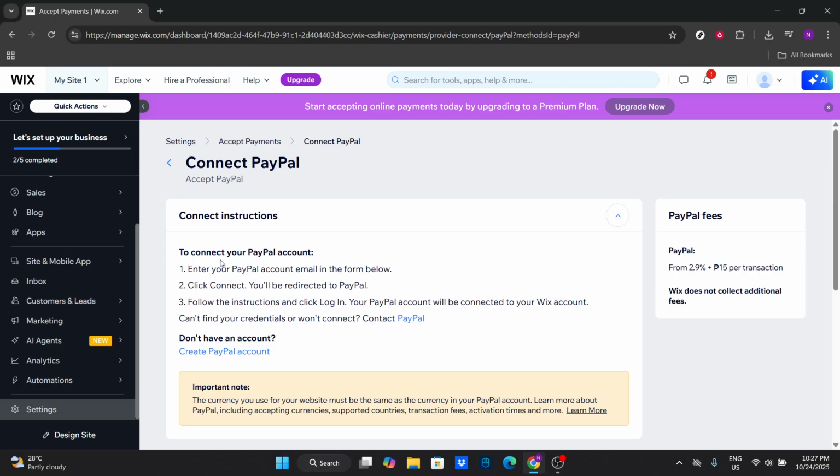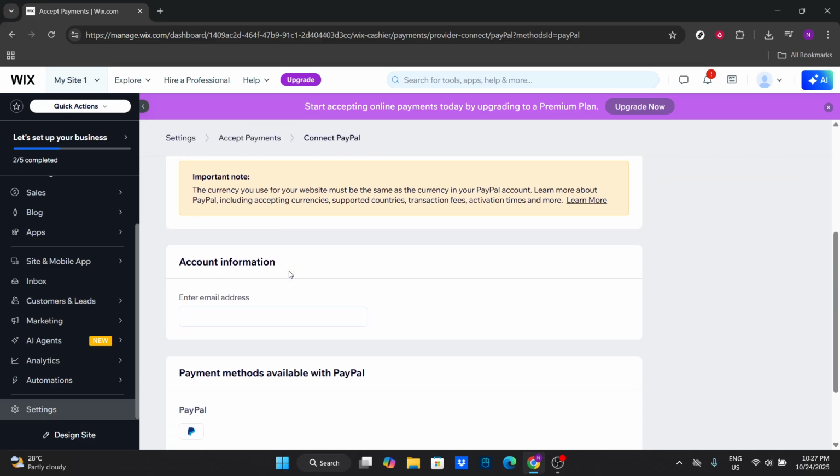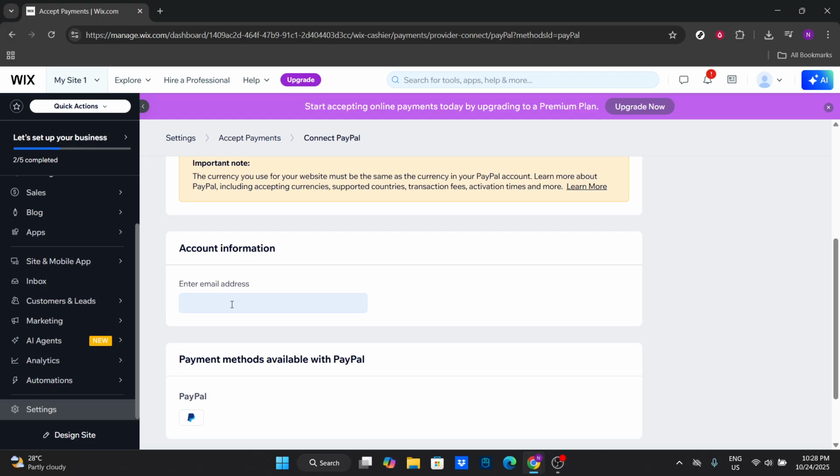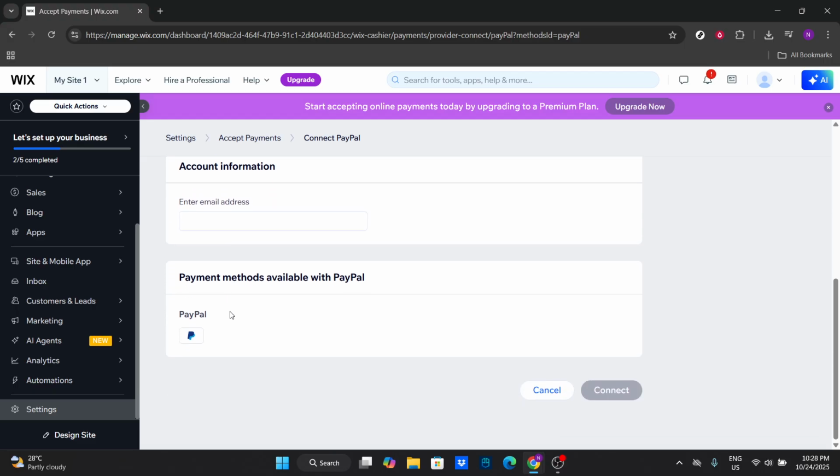You'll be prompted to provide some critical information at this point. Enter your PayPal email address when requested. It's crucial that this email matches the account configured in the PayPal system, ensuring seamless connectivity and functionality. After entering your email, you'll need to click Connect again. This step is pivotal as it initializes the connection between your Wix website and PayPal account, allowing transactions to flow